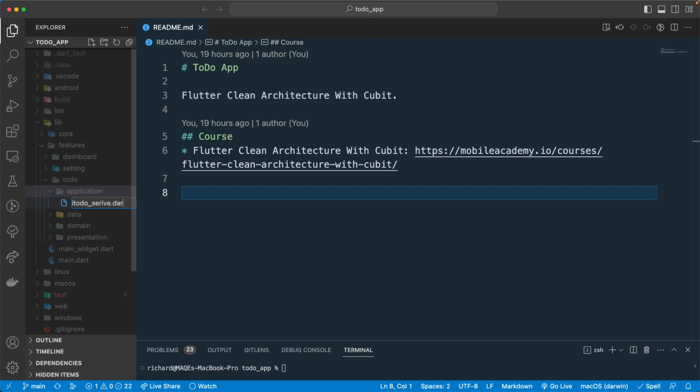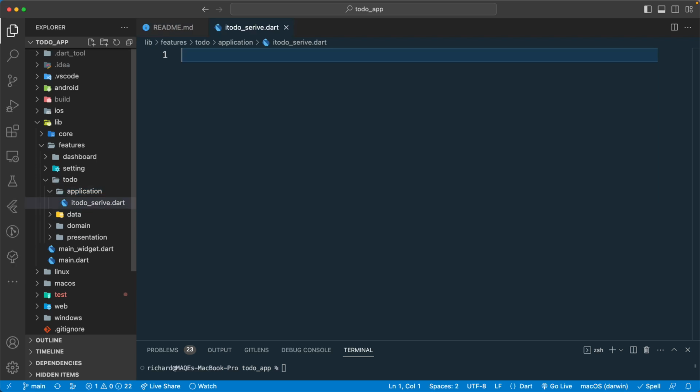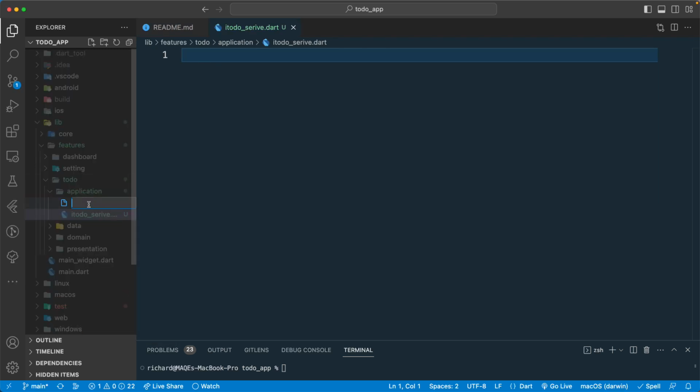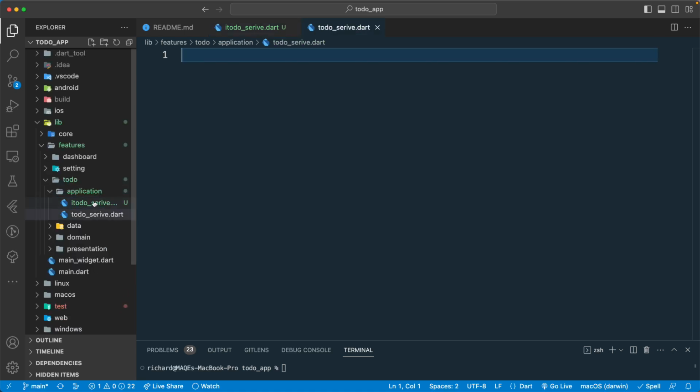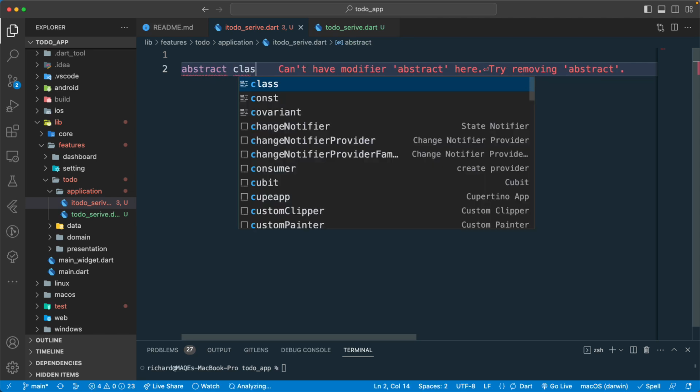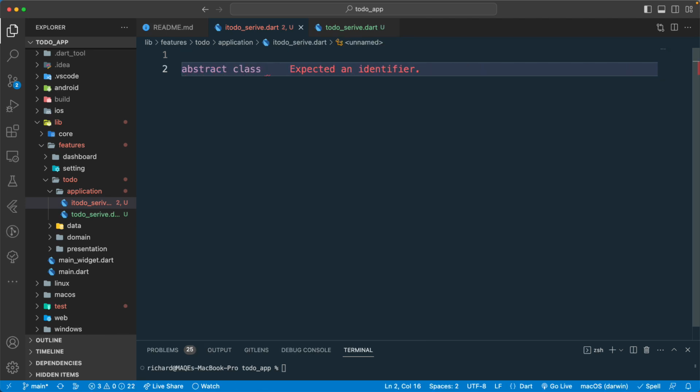service dot file over here. And let's copy this one, and let's create another file which will be the implementation of this interface. So let's create the ToDo service dot file over here. And once we have these two files, let's create our interface over here. I'll create the abstract class over here, and I'll just call this one ToDo